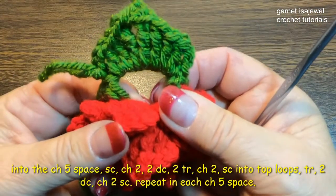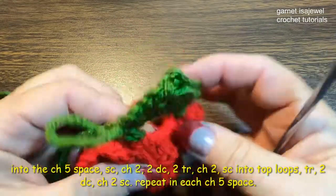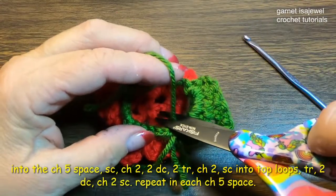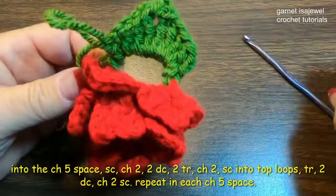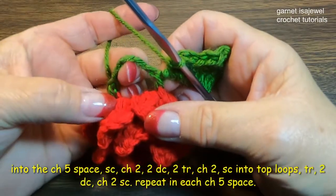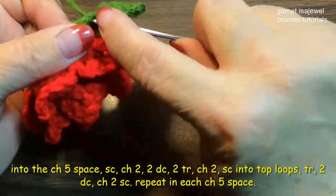So this is our green petal. Now if you would like, let's go ahead and cut this tail off. We don't need it no more. And we're going to continue on doing the same thing. So directly onto the next chain 5, single crochet,